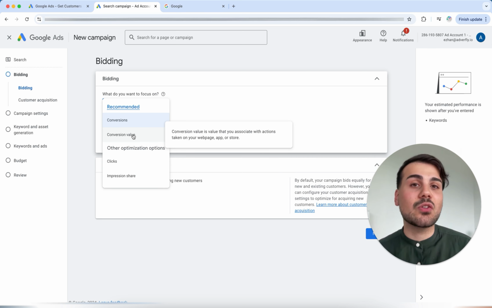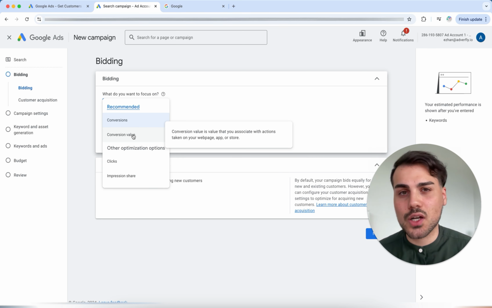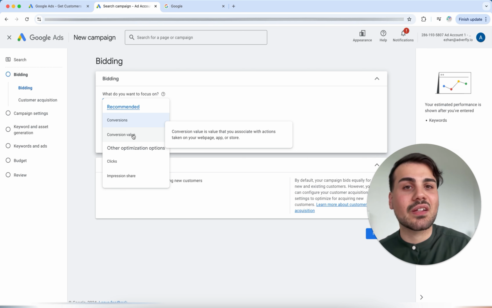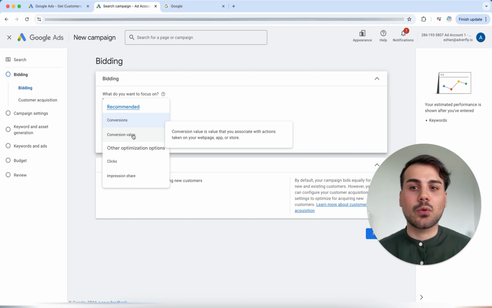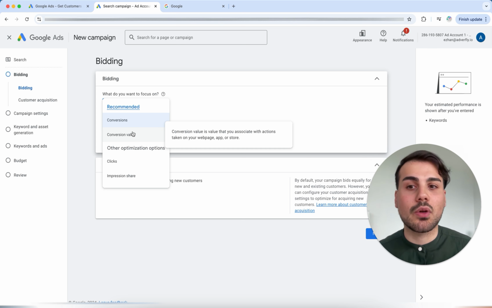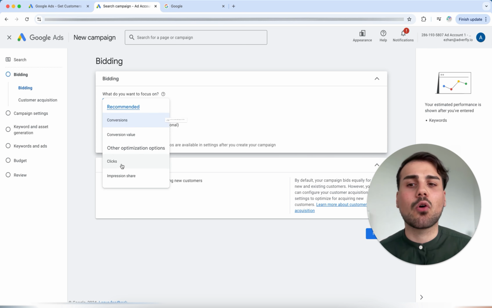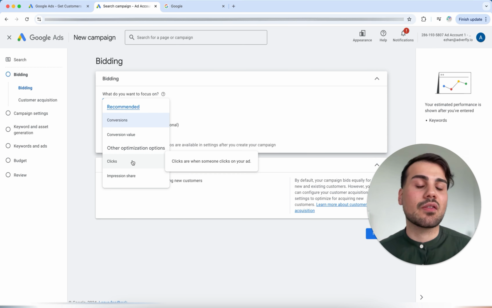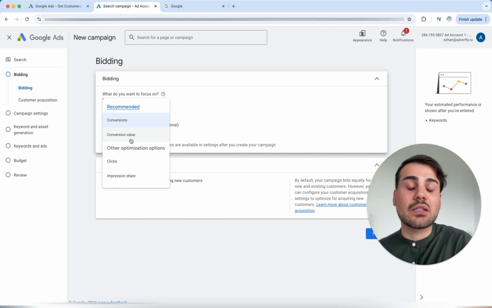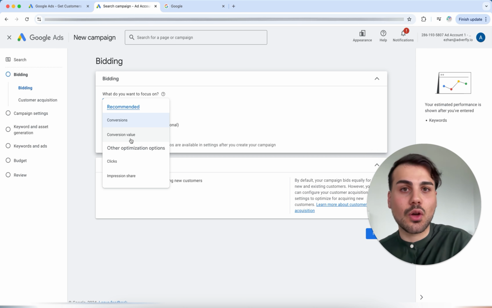My recommendation here would be that you do not select conversion value now. The problem is simple because the Google account, i.e. now with new accounts, simply has no data. And accordingly, my recommendation for first campaigns is to say, hey Google, I want to optimize for conversion or optimize for clicks, because here only the number is important. And with conversion value, Google simply knows too little about your target group, about your customers. Of course, you can do that later and test whether it works better, for example.